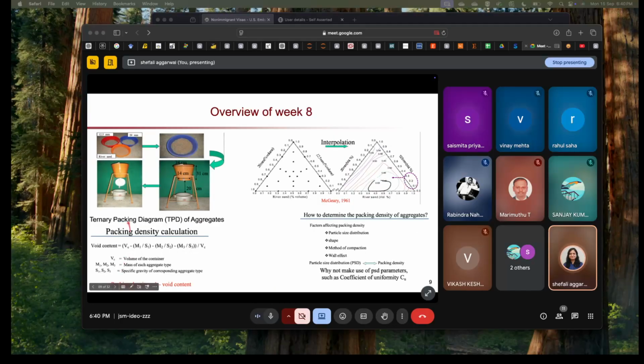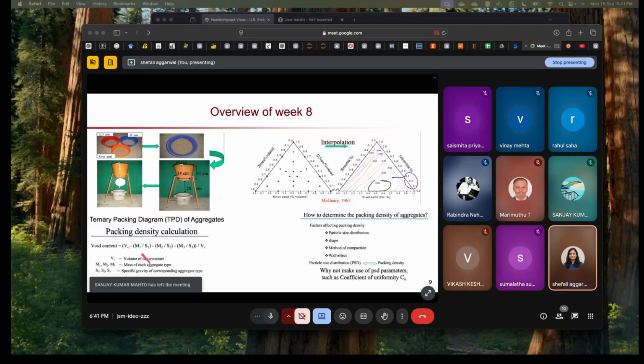Another thing is ternary packing of aggregates. This is a test procedure. In this we are using different types of aggregates: sand, 12.5 mm aggregate, and 20 mm aggregate. We mix them, add them in the beaker, and then open the bottom and let it flow through. It should be packed in such a way that the complete aggregate mix comes into the beaker. It should not be that only your sand is coming and your 20 mm aggregates are still stuck in the bucket. This is a type of testing which we do to check the packing density of your different